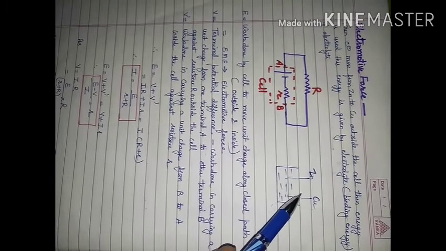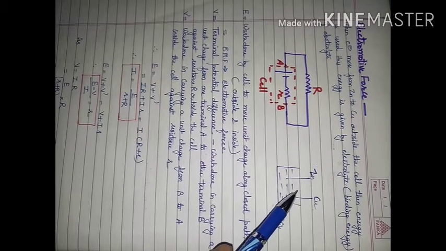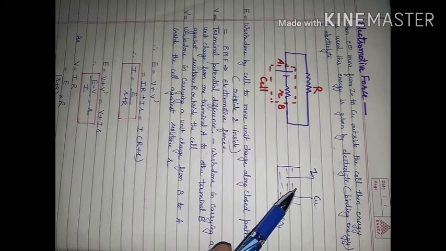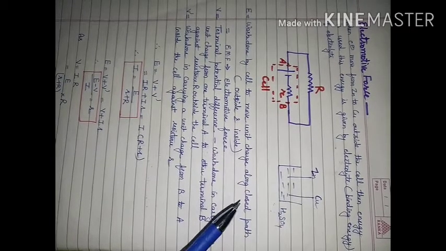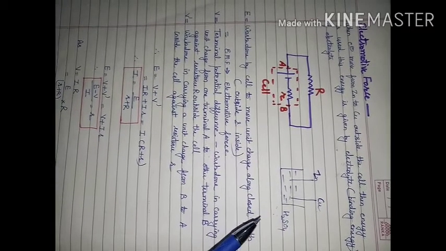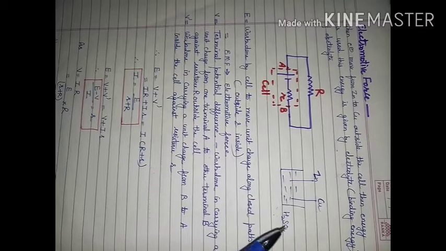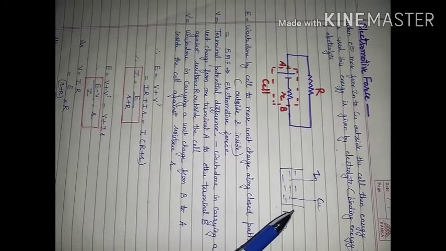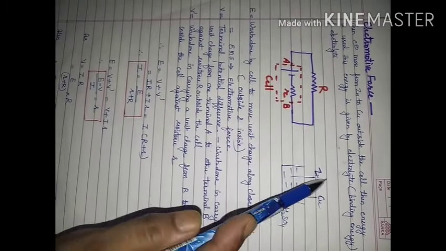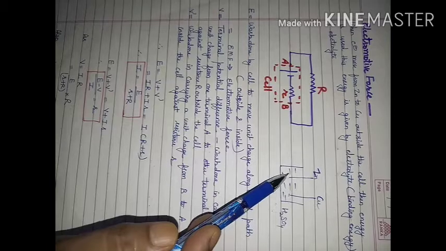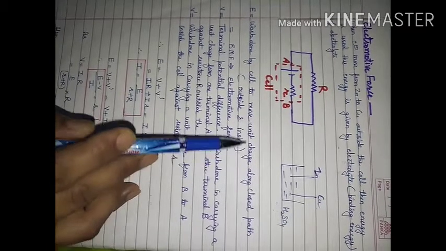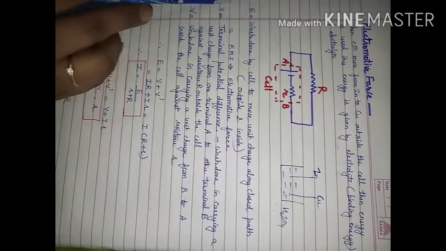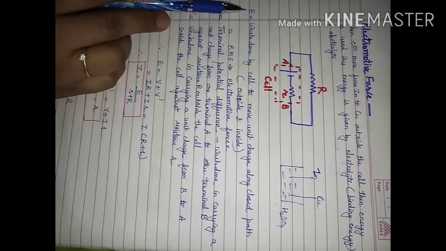This energy will do work, or this energy will appear in the form of electrical energy. From here we will come to the term electromotive force. This is not the correct name, it is a misnomer. Actually this is not force, this is work done. The total work done to move unit charge along a closed path. Closed path means outside the cell and inside the cell. Total work done to move unit charge. This work done is known as electromotive force and represented by E.